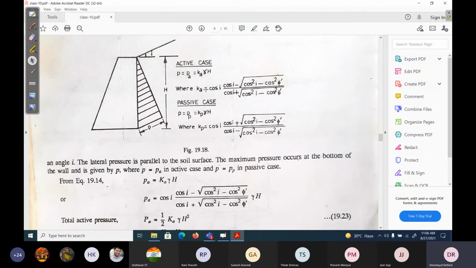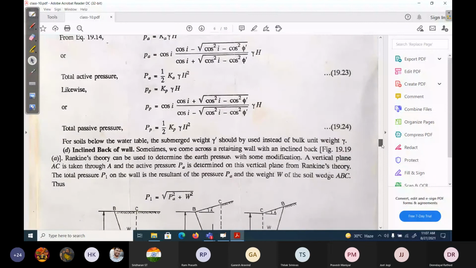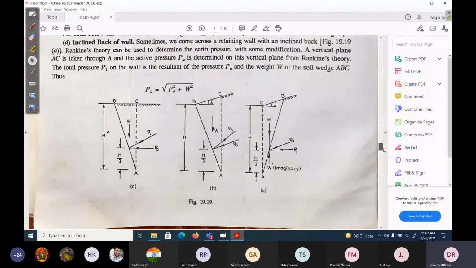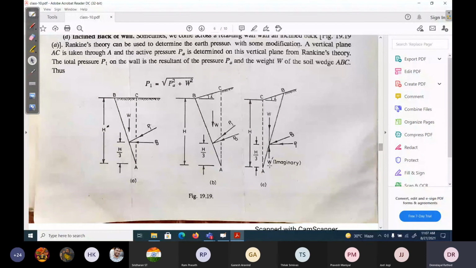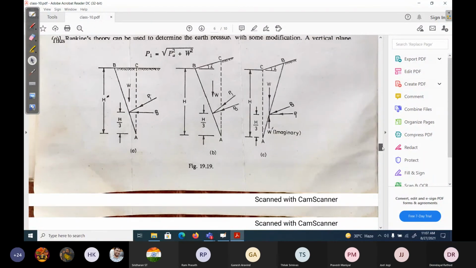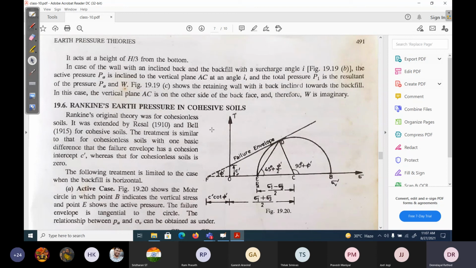In this pressure distribution, only Ka, Kp change, or K0, Ka, Kp. That's the only difference. Once you remember Ka, for any case we can easily find out, because once you know the vertical stress, we just need to multiply. That's what is given. Here, when the wall is inclined, he has also given a little bit about where it will act. From here I have started it. Understand? Just go through it and you can easily understand. There's no difficulty in that.